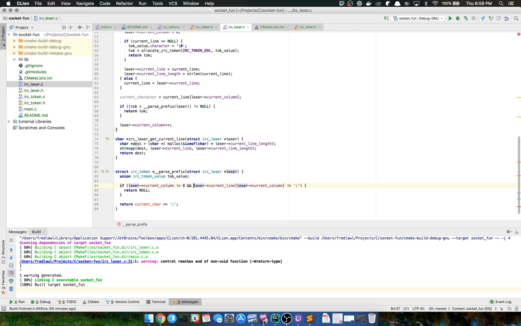So I'm going to return one token at a time, parsing the next character. So if the current column is not equal to 0, or current line not equal to that, then we're going to return null. Otherwise, we're going to go ahead and resume parsing. I'm going to include the prefix since it's defined as such in the spec.